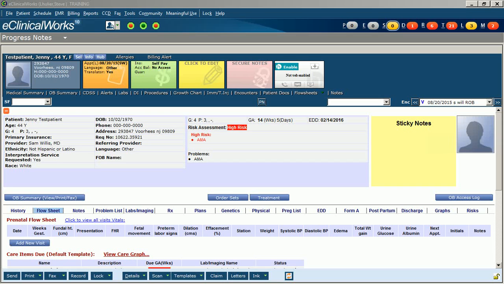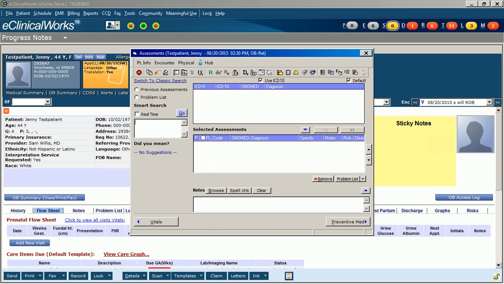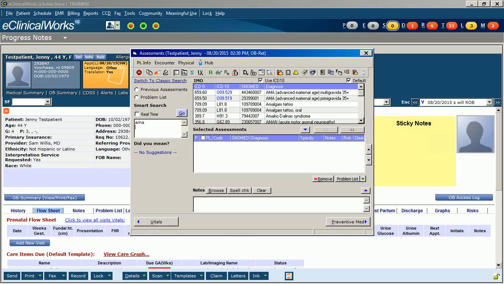So what I can do here is just go right back to treatment and go up to my DX or assessment icon, and it takes me right back to my Smart Search. Now I want to note the pregnancy is AMA, so I want that to be the primary code, so I'm going to do that first. So if I type out AMA, you can see the first code that I get at the top here is a blue code, O09.529, advanced maternal age multigravida. So if I click on that here,